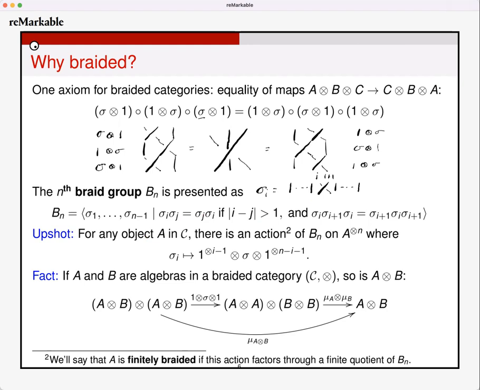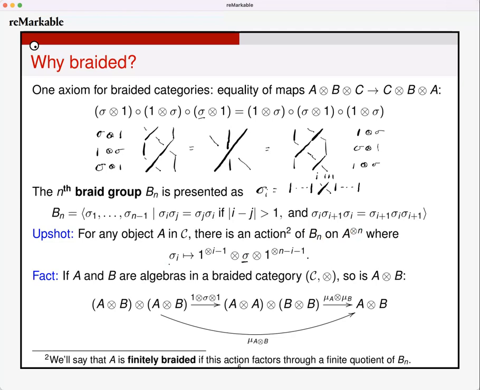They satisfy this relation: sigma i plus 1, sigma i, sigma i plus 1 equals sigma i, sigma i plus 1, sigma i, if they are right next to each other. And notice that this is just an index form of this relation. So really what that tells me is that if I try to form an action of the nth braid group on the n-fold tensor product of something in my category,